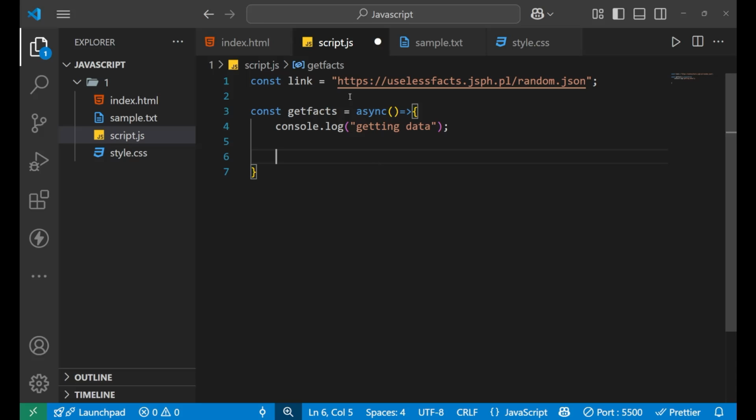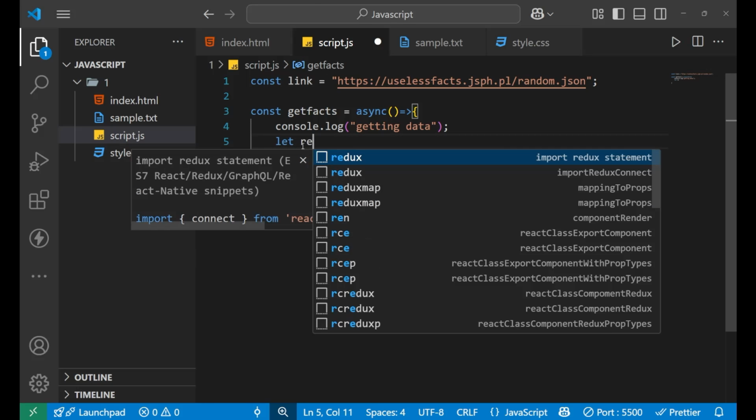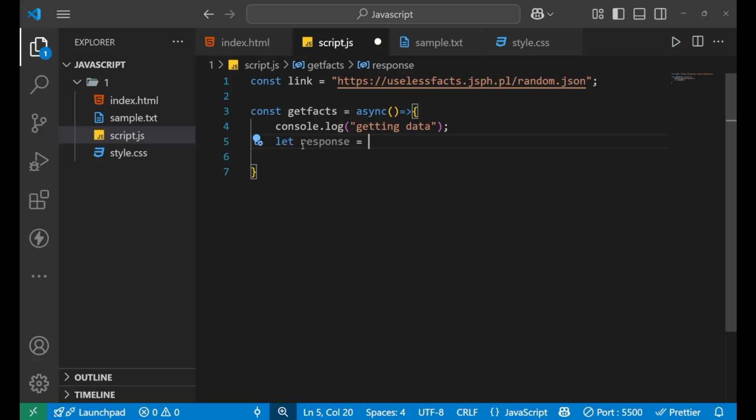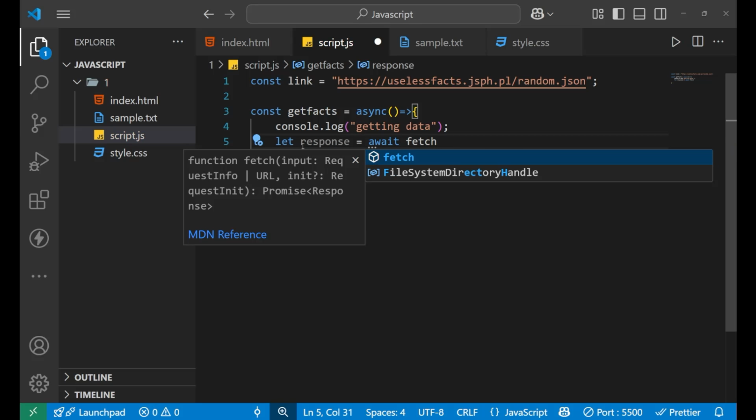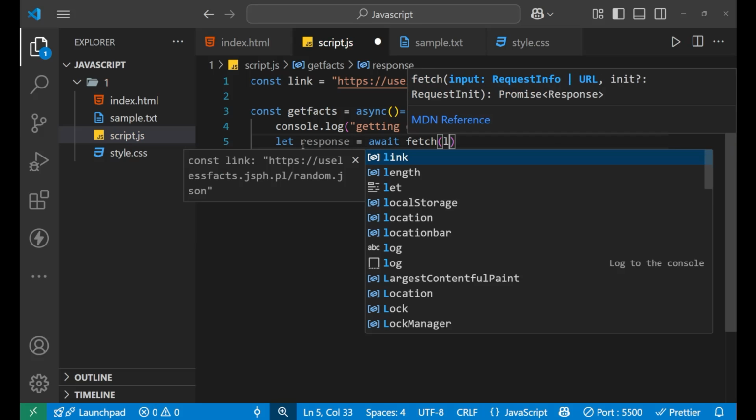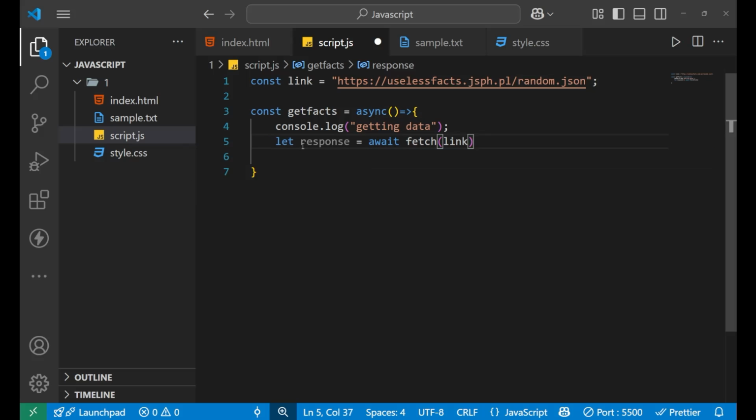Now I'm going to fetch the data from this particular API. For that, I'm going to use the fetch function, right? Whatever data I receive after fetching the information from this API, I will store inside a variable. So let's create a variable named response equals to, and now I will use await here, and then I will use fetch, and inside of this I will pass this link. This is the link, right?